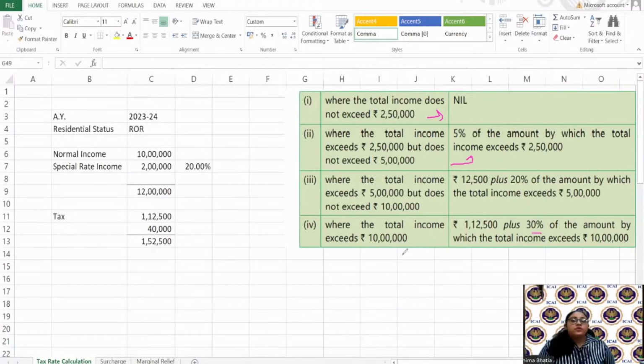This is not that if you have 11 lakh income, you will directly apply 30%. No. On the first 2,50,000, no tax. On the next 2,50,000, 12,500. On the next 5 lakh, 1 lakh. And on the other amount, 1,12,500 plus 30%. Correct? Remember? So a little while ago I gave you a hint about the concept called general slab rate